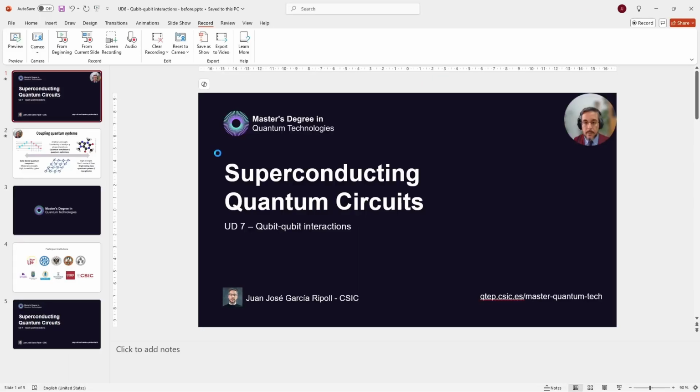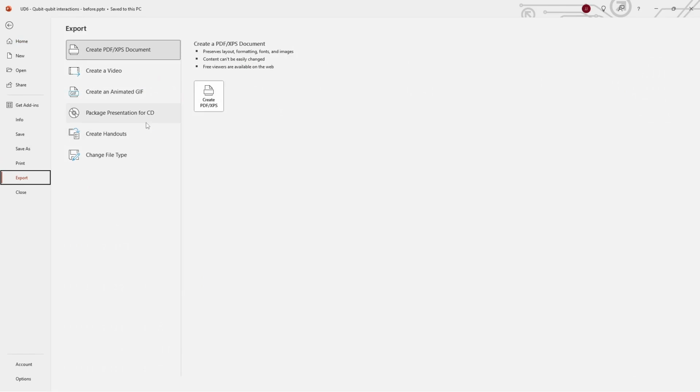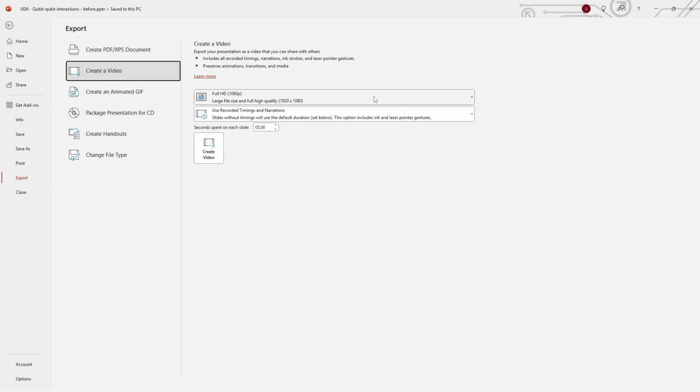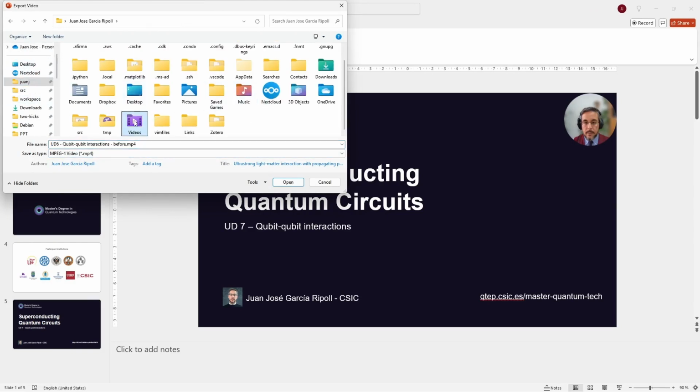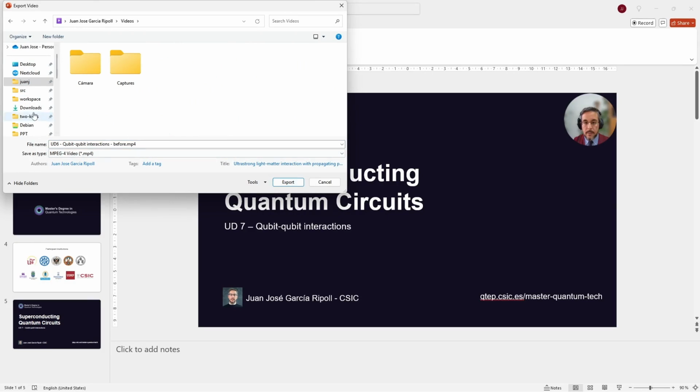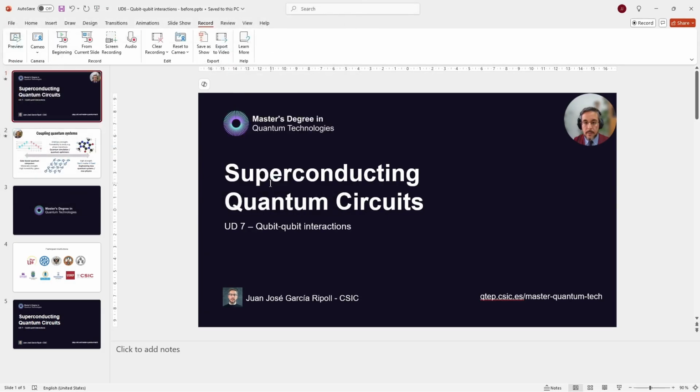Export as PDF. No, as PDF, no. Export as video. Useful quality with narrations, and for slides that don't have video, we can put a few seconds of waiting and create everything. And I'm going to save it to my video folder, to downloads. Okay, so this takes a little bit of time to export, and it's going to produce a very